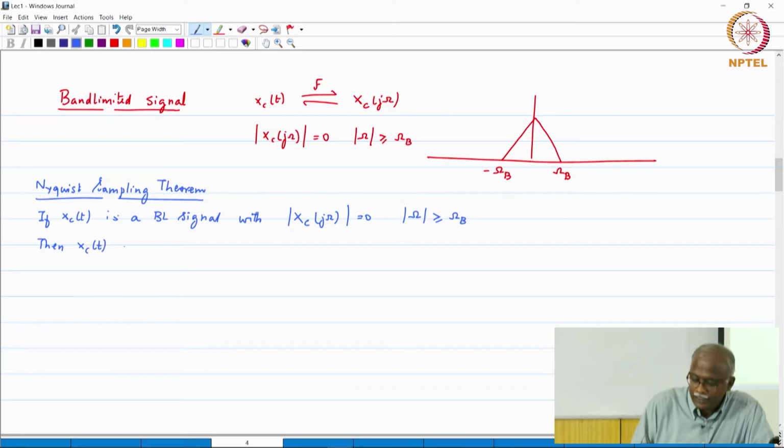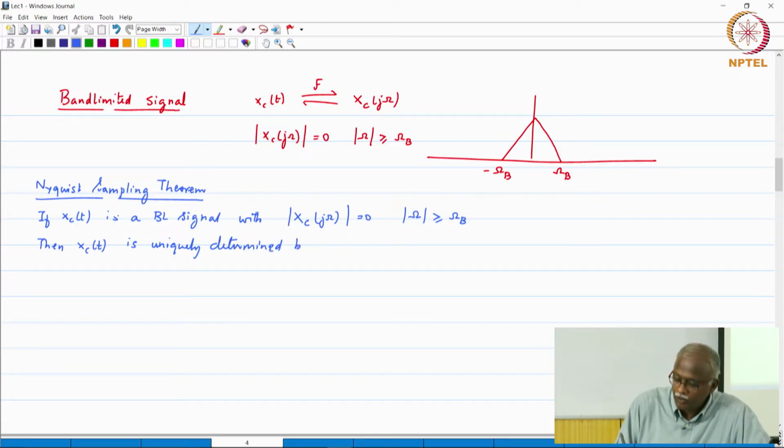Xc of t is uniquely determined from its samples,